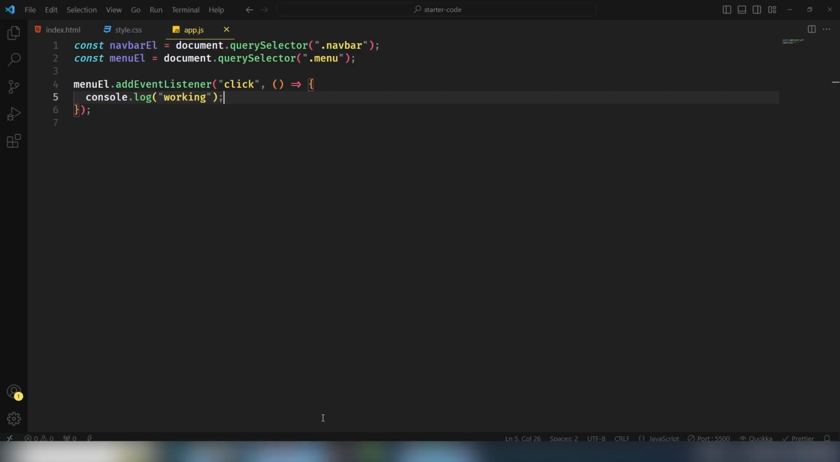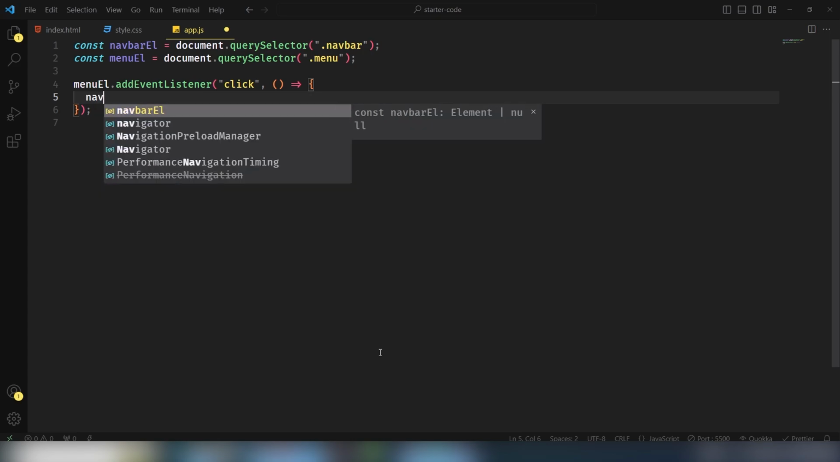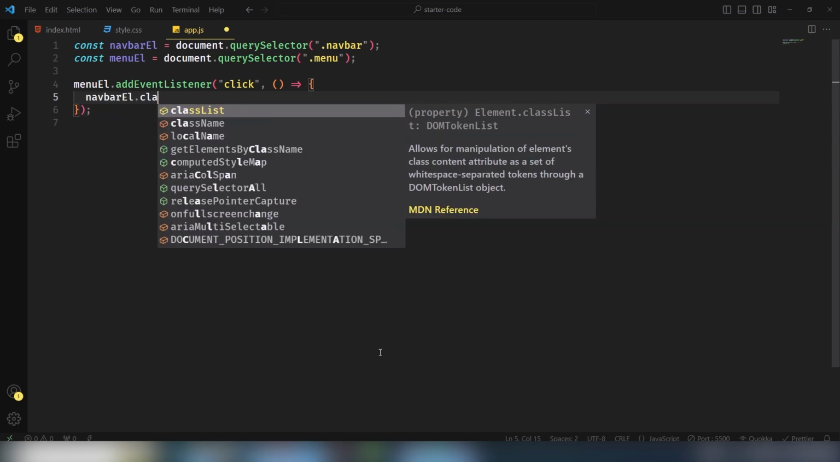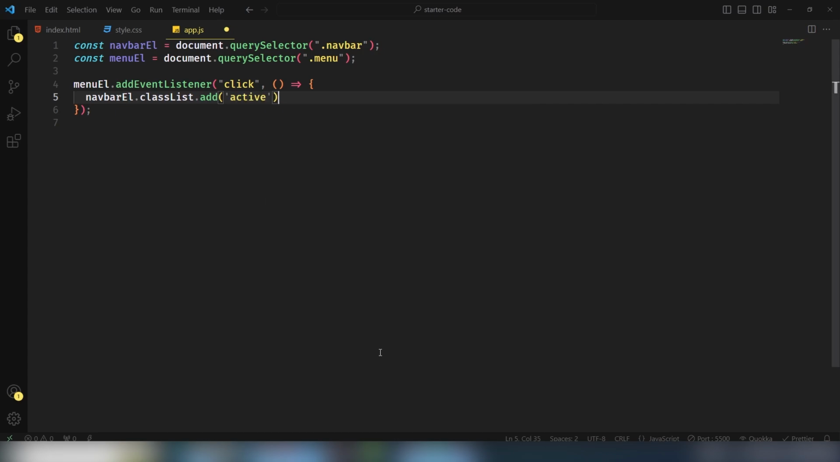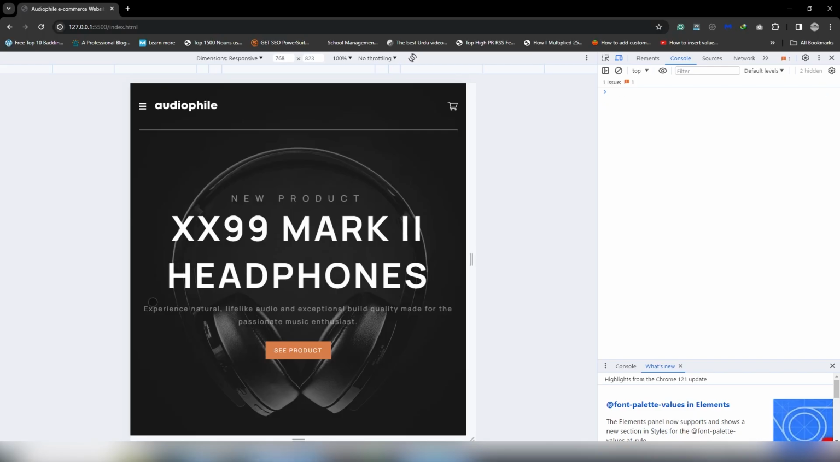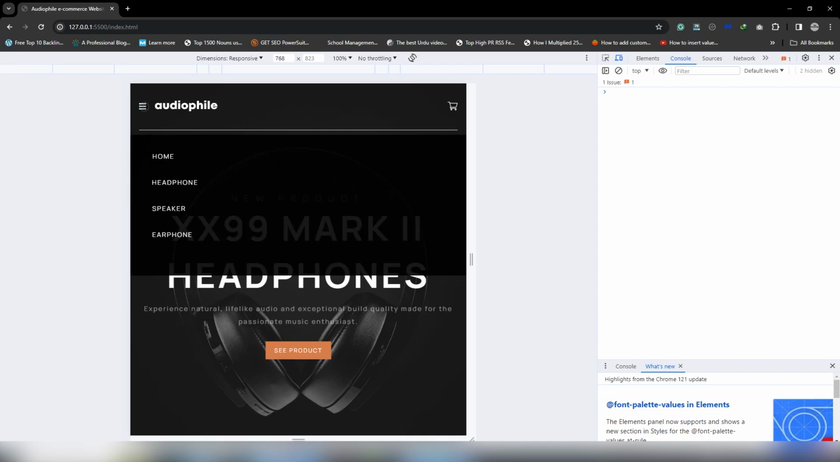Yeah, it's working. Once the user clicks on that, then I need to select the navbar element classList and add which class you will add: active. So I'm gonna save it and click on that. Right now the menus are up here, but the problem is when the user clicks a second time, I want